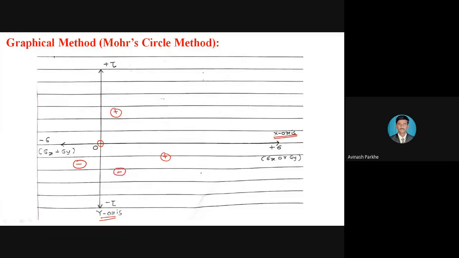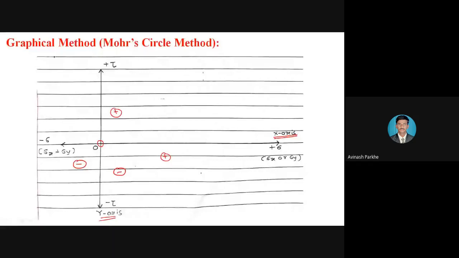So these are the regions represented by this particular figure. Whatever sigma x and sigma y are given, the values of sigma x and sigma y are represented on the horizontal axis only, the x-axis. Sometimes the problem is based on case number 2, where only sigma x and sigma y are given. In that case, there is no use of the vertical axis.